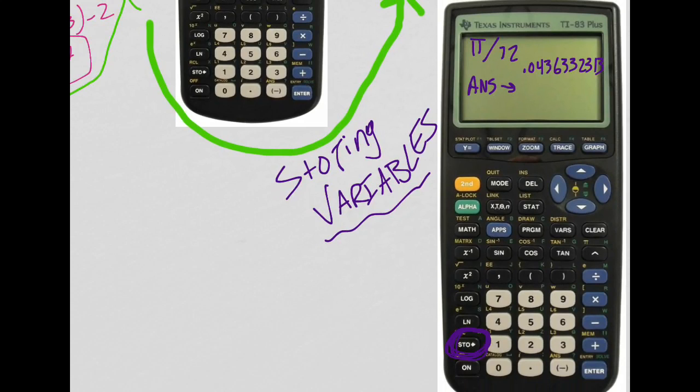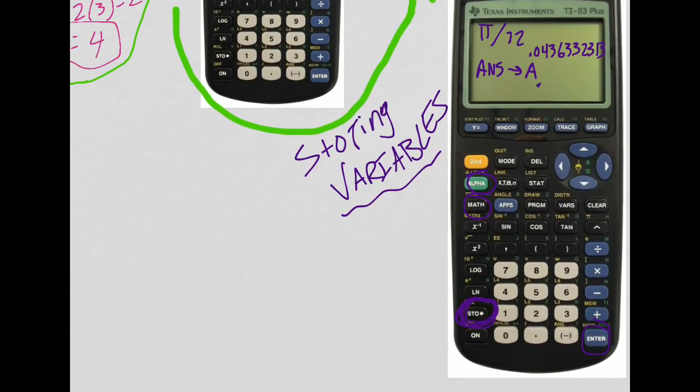If you look at most of those buttons there, most of them have a letter above them. Like the math button right there has an A above it. The apps has a B above it. Program has a C above it. Those are all placeholders essentially for values. So we could say take the answer and store it as A. To do that, we'd have to hit alpha first to access those letters, and then we'd hit the math button, and it would print an A right there. And then if we hit enter, it will then print that value again,